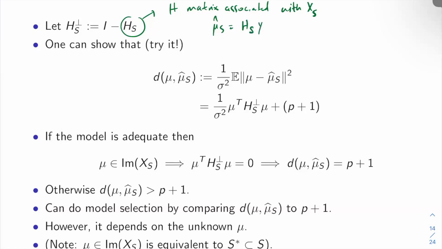This is the same formulation. And then mu minus mu hat S would be, basically, Y minus epsilon minus HS Y. And so you get I minus HS Y plus